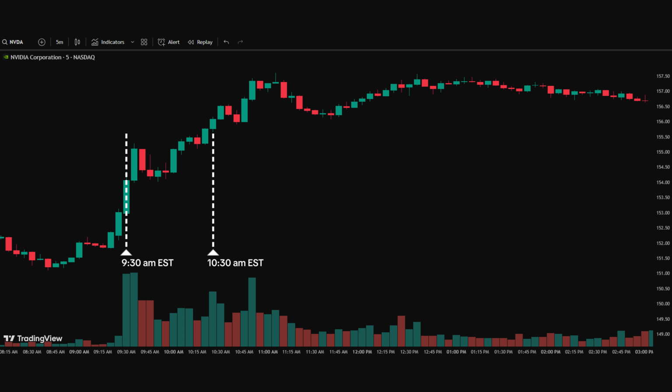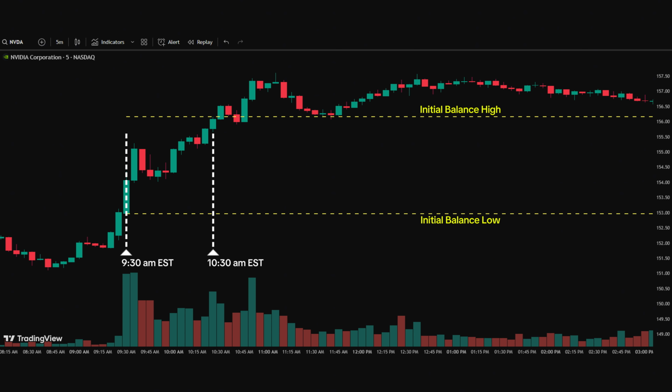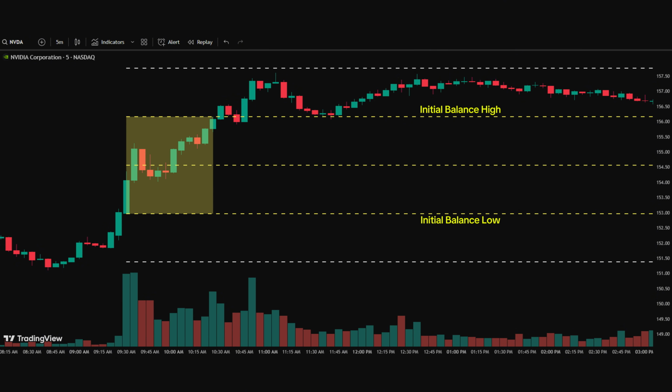During this first hour, market structure begins to form. The high and low of this period often serve as short-term support and resistance levels. Many traders use these levels to gauge market conviction. If price holds within this range, it may signal indecision or a balanced market. But if price breaks out with volume and follow-through, it often sets the tone for a trend day or directional expansion. This is why the initial balance is so widely used in strategies involving breakouts, mean reversion, and market profile